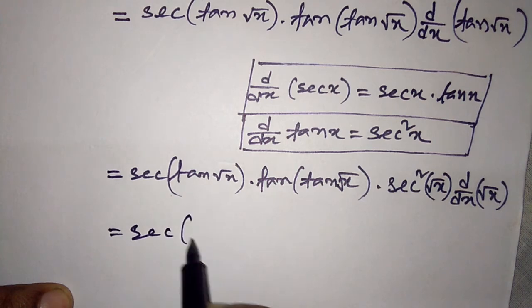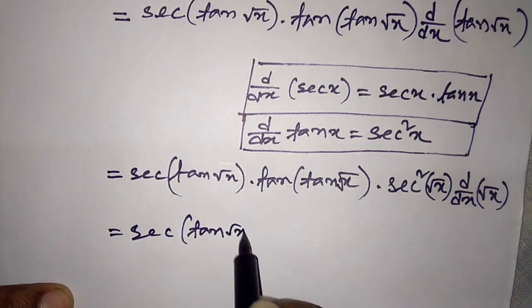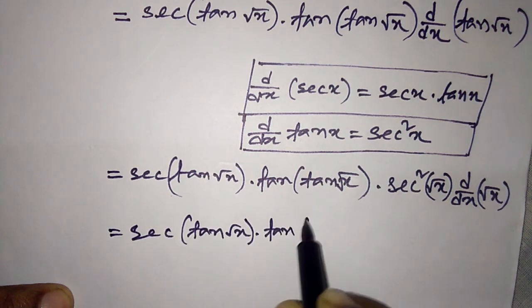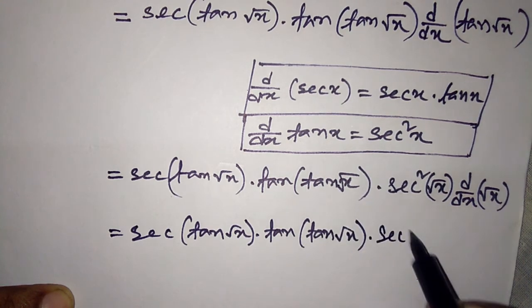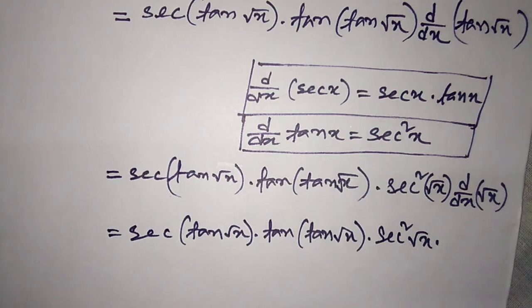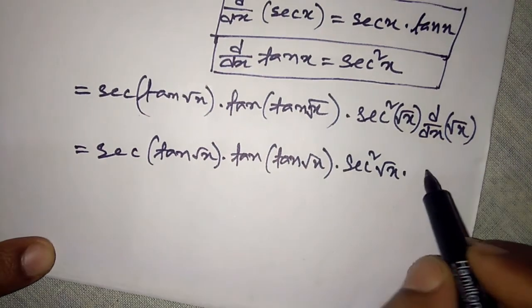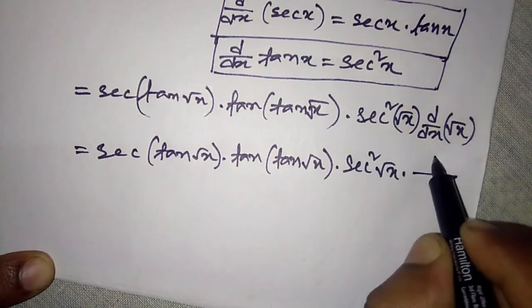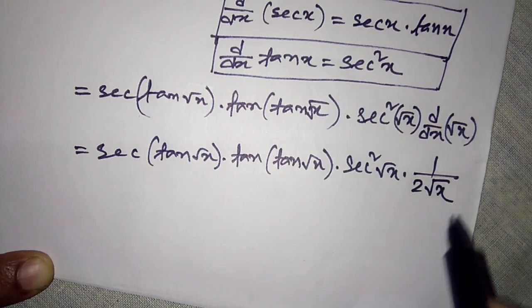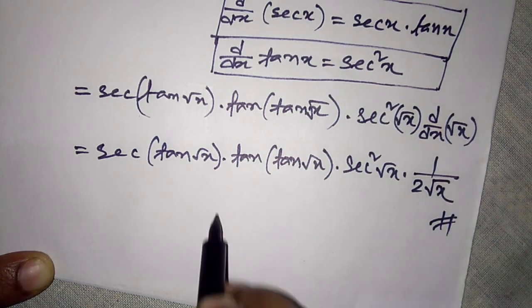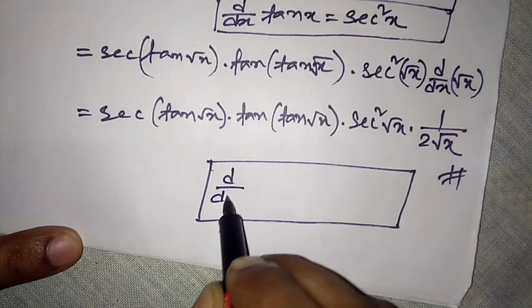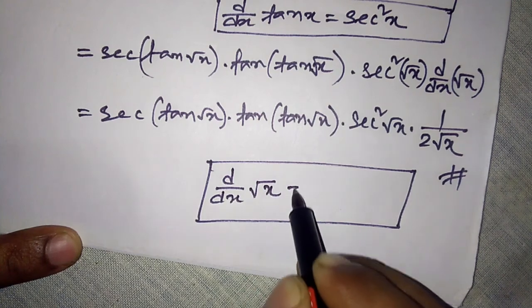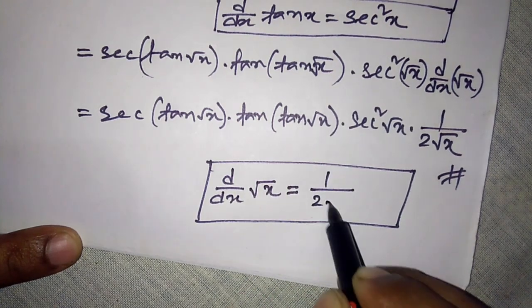Sec(tan root x), tan(tan root x) into sec square root x. The derivative of root x is 1 by 2 root x. What is the answer? Students, the two most important formulas, d/dx of root x is 1 by 2 root